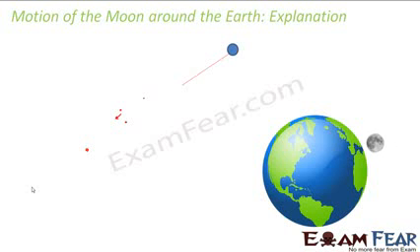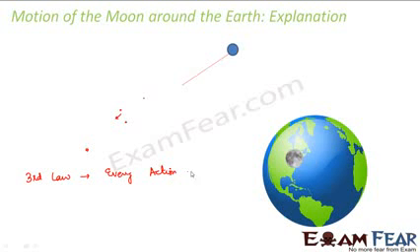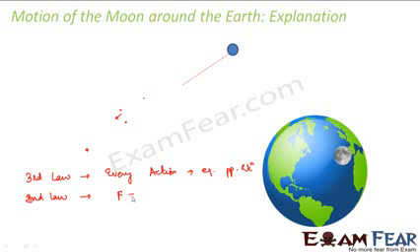In our last lesson, we talked about Newton's laws of motion, right? We talked about Newton's first law, second law, and third law. So now, according to Newton's third law, what does it say? It says that every action has an equal and opposite reaction, right? This is Newton's third law. Again, Newton's second law, what does it say? Newton's second law says that force acting on any object is given by the product of mass and acceleration of the body,